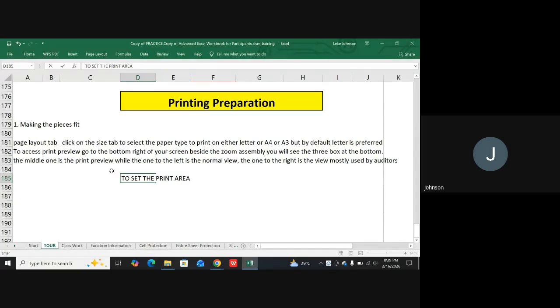To set the print area, select all the area you want printed as the first page,